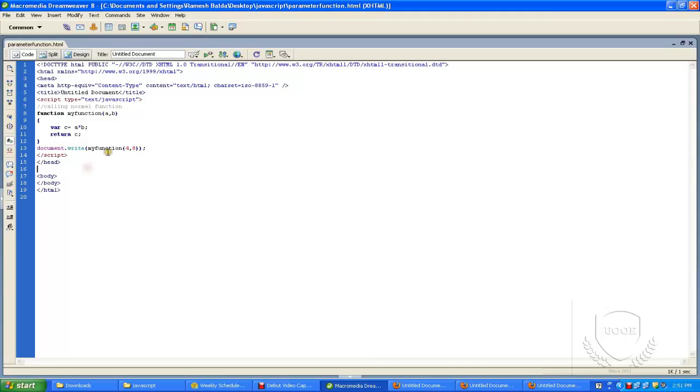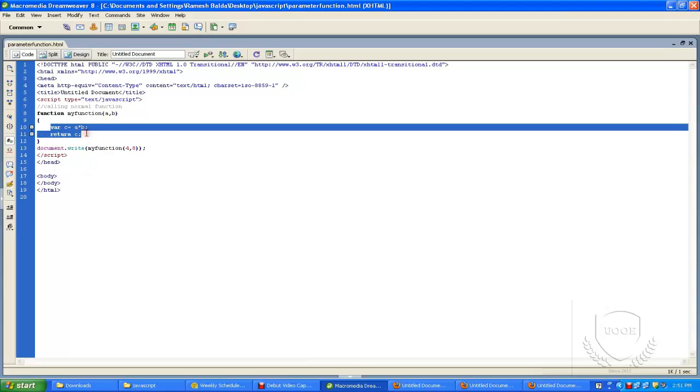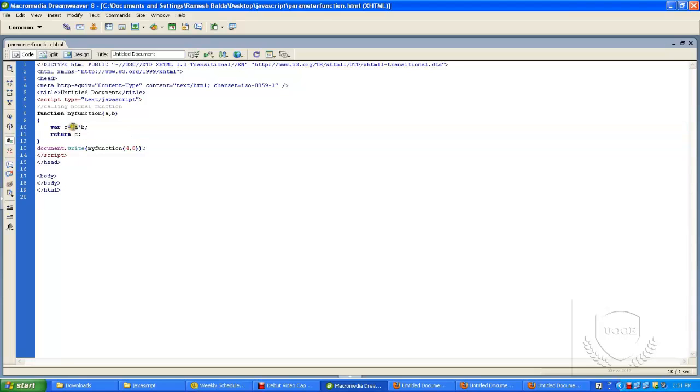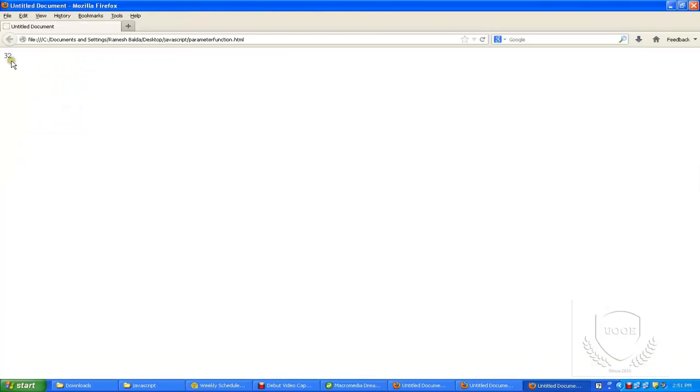But right now we are returning from the function. We build the logic inside the function, and the result is returned here. So I print that function, and we got the reply as 32.